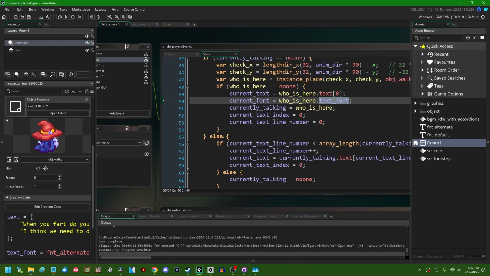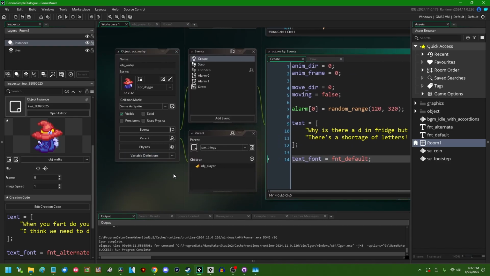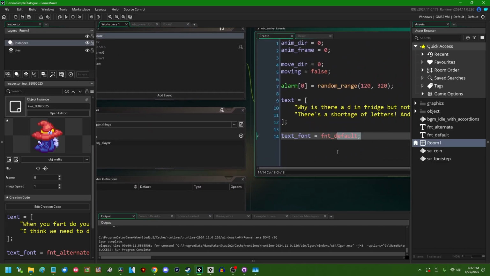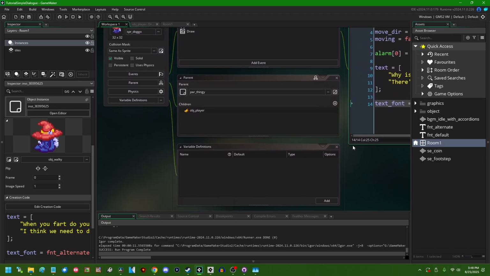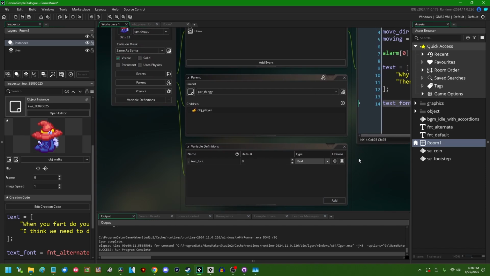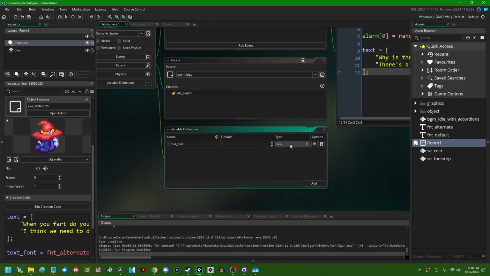So given that this is just a single variable, if you're interested in using GameMaker variable definitions, you might consider it to be easier to create a variable definition to store this instead. Variable definitions are a handy feature of GameMaker which allow you to create simple variables that you can use and access like this in a more graphical user interface sort of way. So if I were to create a variable definition of type asset and just drag the font from the asset browser into that little box,